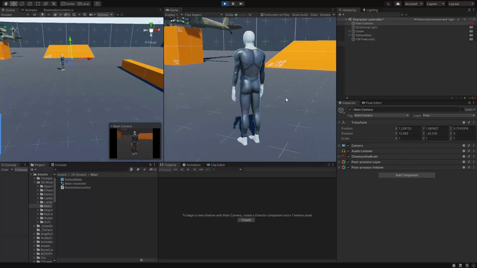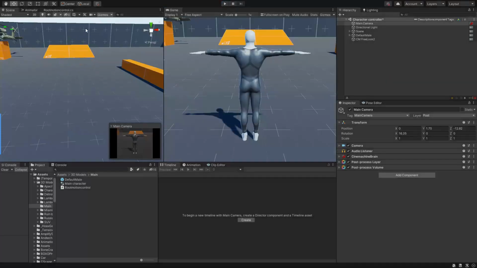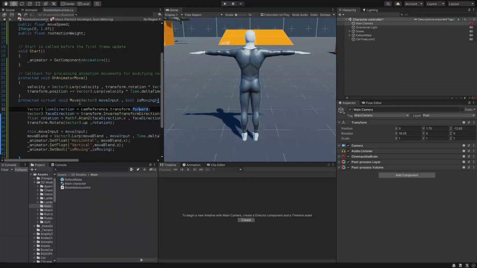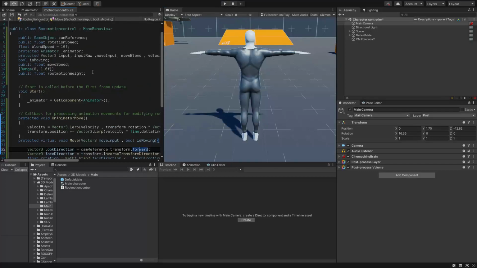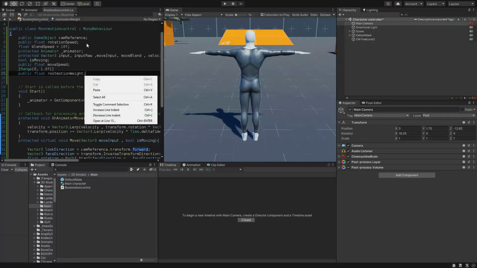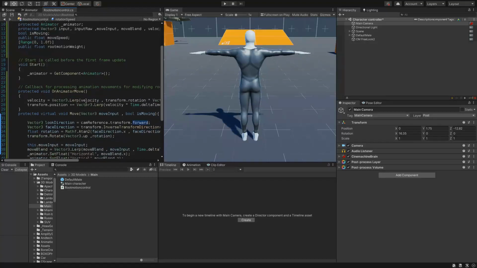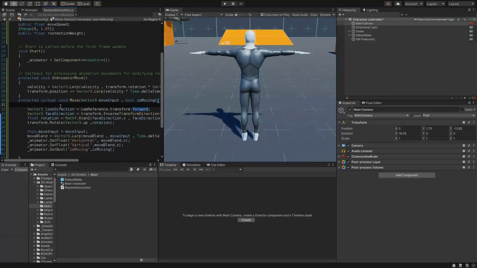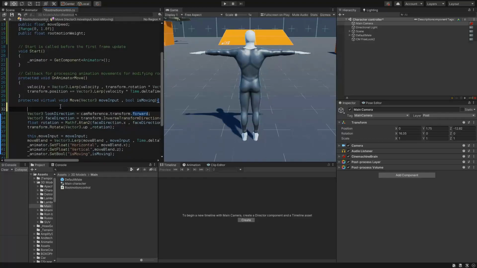As you can see, we can just do that by simply creating a boolean here, or we don't need that boolean. We can just use an existing boolean, which is if is moving,